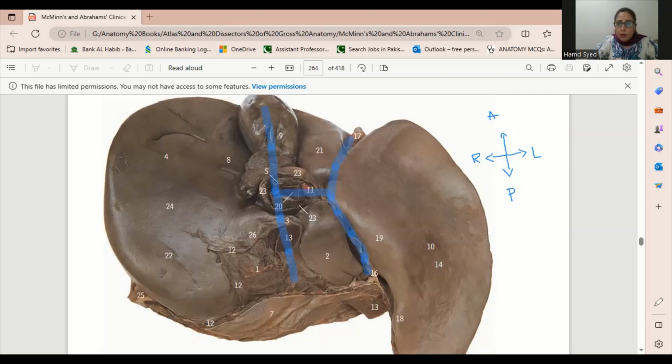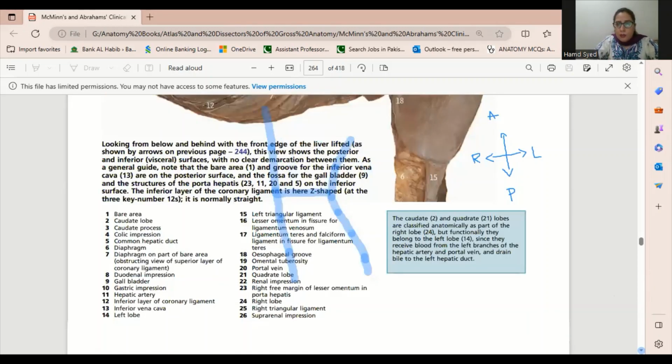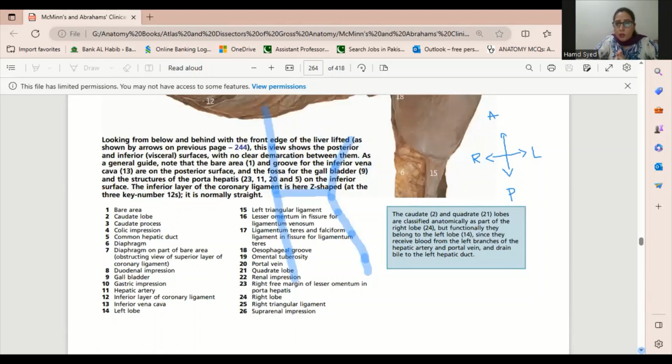An important point that I would like to mention over here is that whenever we are talking about the liver anatomy, we should also keep in mind the division of the liver into lobes. Now, when we're talking about that, remember that these 2 lobes which I just showed you, the caudate and quadrate lobes, anatomically they're considered to be parts of the right lobe, but functionally speaking, they belong to the left lobe. This is because they receive blood from the left branches of the hepatic artery and portal vein, and they drain bile into the left hepatic duct. So functionally speaking, the caudate and quadrate lobes, they are present